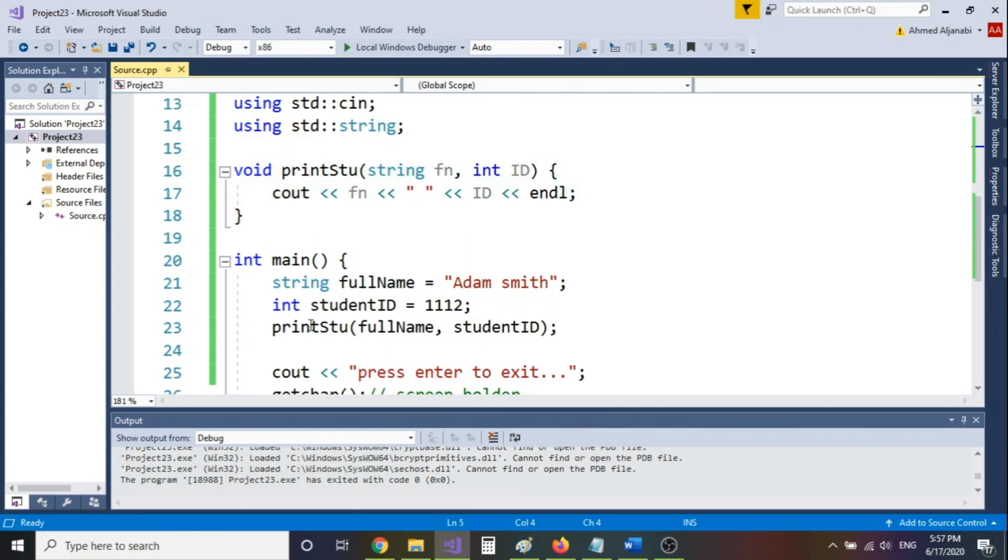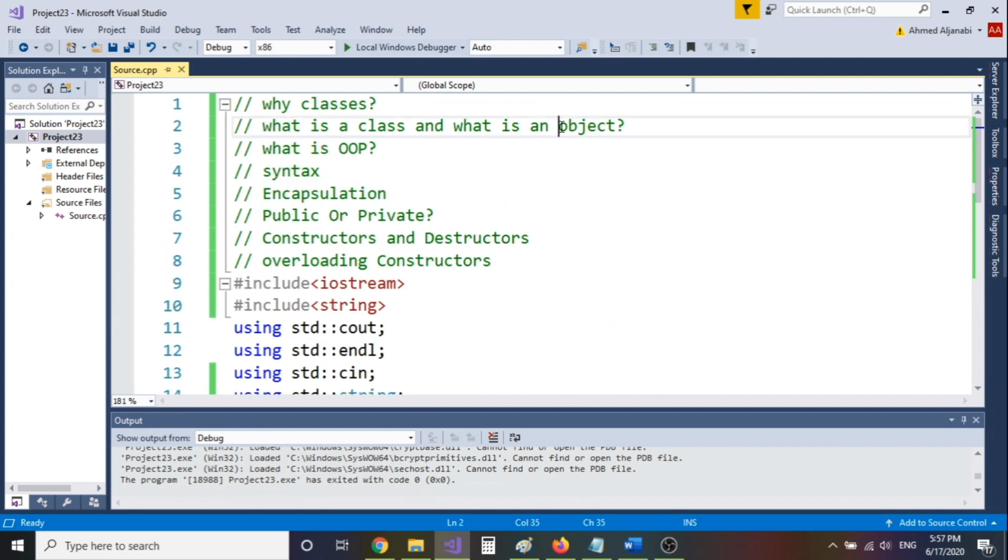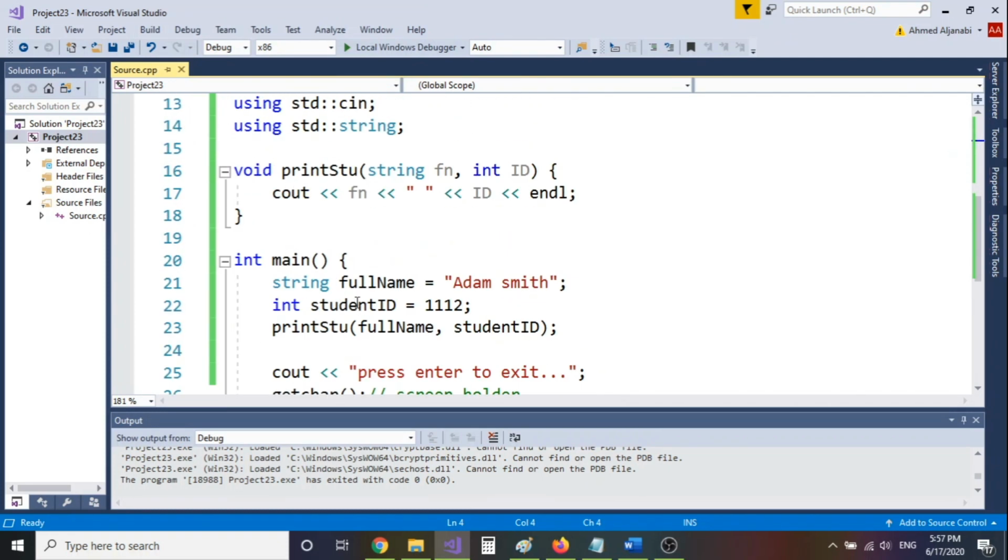If I want to create a class, how do I create a class? And then after that, we have to understand what is an object. So before I go to the process of creating those classes and objects, let's talk about classes. Let's talk about objects, and let's talk about object-oriented programming, and then we're going to move on to the syntax. So we have the idea now. It makes more sense to put all these elements, variables, and methods defined under one unit, and we call a